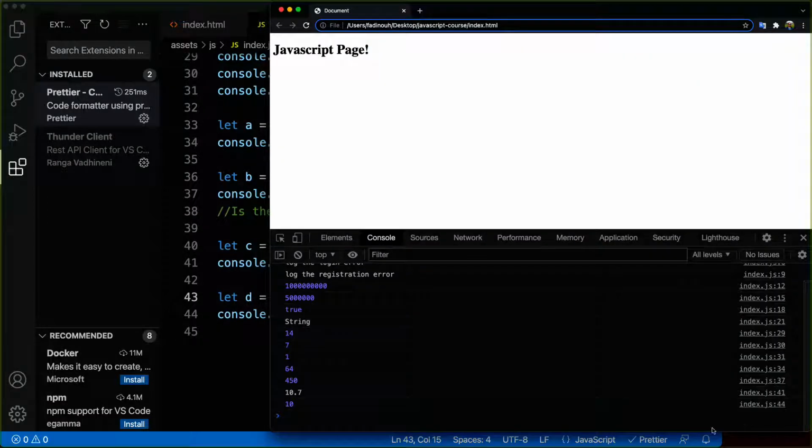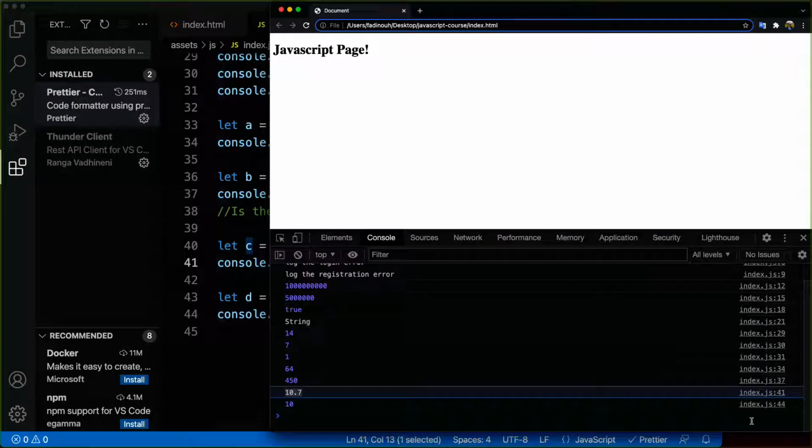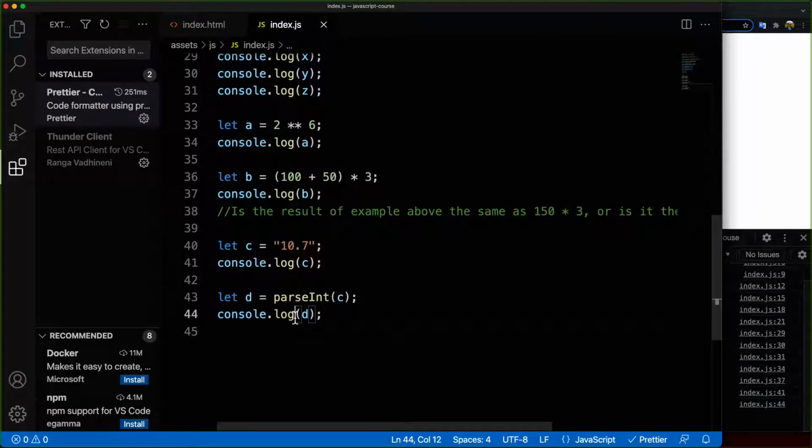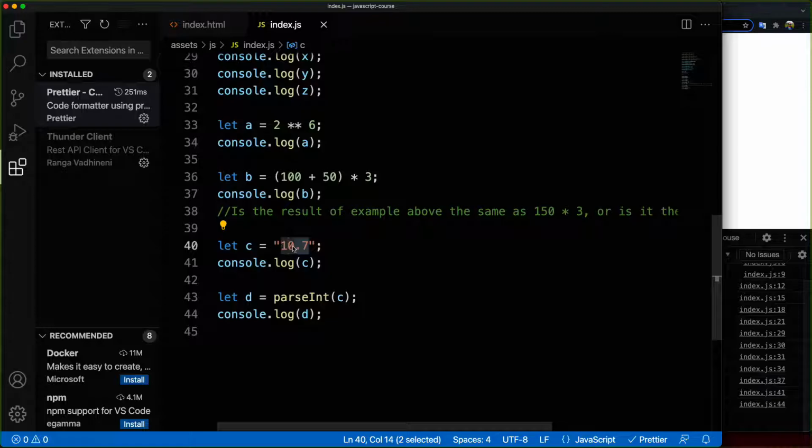So let's try that, and we will see I got 10.7. This is the value of C as a string, and then I got only 10 for D. So in that way, it removed the 0.7 from that string, and it gave me the result as 10 only because I said parse int. So now if I have this as parse int and I want to change it to parse float, in that way,